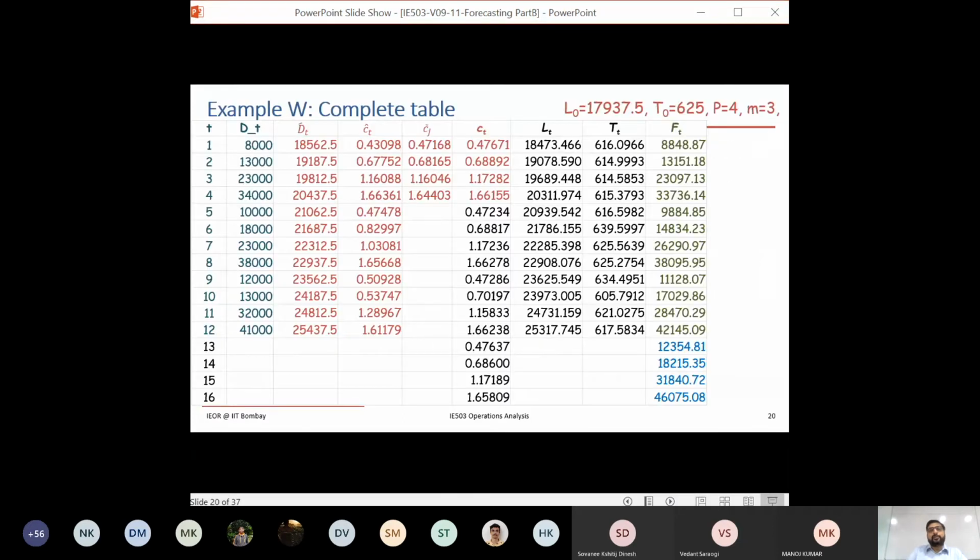So this was an example. Any specific questions? I did this example in detail because it covers everything. If you're only forecasting with exponential smoothing, then it is pretty much going through L. If you're doing Holt's method, it is L and T. In this case, you have LT and C. So in that sense, it is a very comprehensive example covering all aspects.